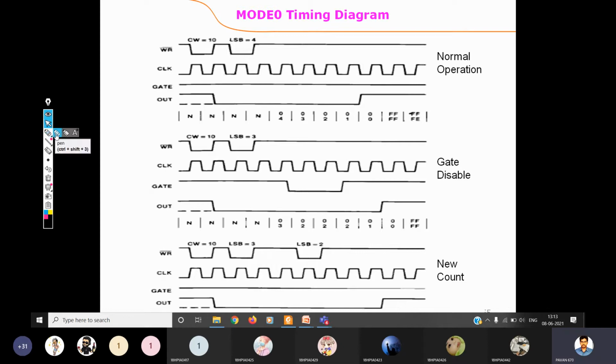You can observe here. Just try to understand the diagram. That's the main focus here. By representing this diagram, what he's trying to convey, make focus on that. Okay. Let us say he is giving some value 4 into a counter register. It may be counter 0 or counter 1 or counter 2. What he is trying to convey is he is loading some value 4 into a particular counter. Okay.